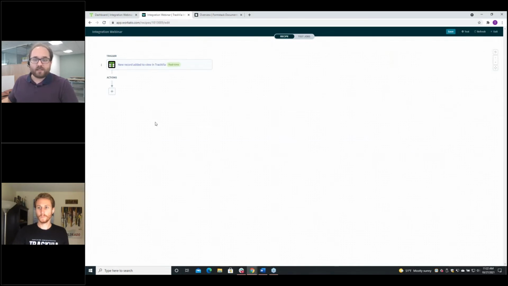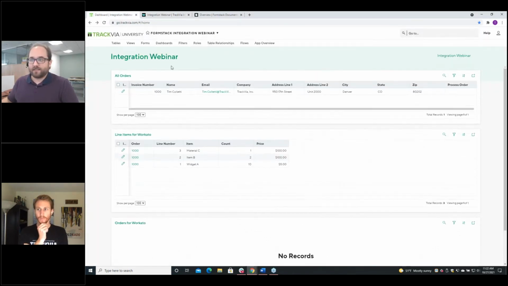So what's happening behind the scenes is that the system is sending a notification to Workato, hey, something has dropped into this view, it's ready to go. Workato grabs that data and begins its sequence. So we have a few different things we're going to have to do. We're going to collect those parent records. We're going to collect the record up here so that we know what's triggering it.